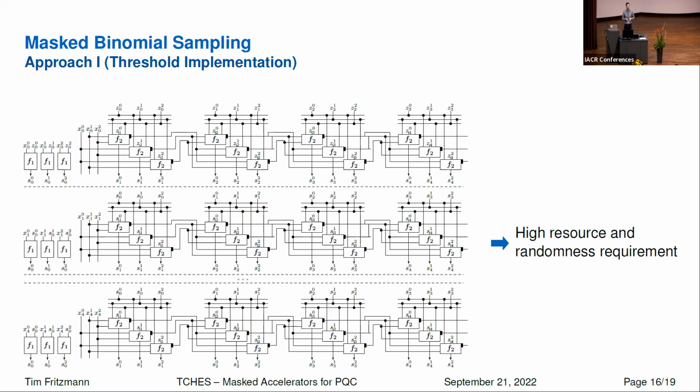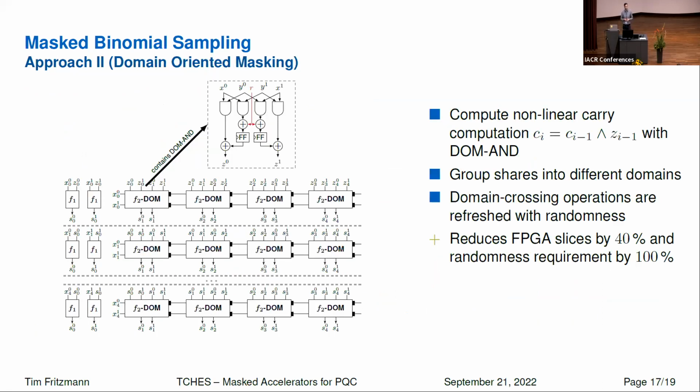Now, when we turn the previous adder tree into a threshold implementation, we can see that the circuit is already quite complex. And as you can imagine, this has quite high resource consumption and also randomness requirement. Therefore, we looked for an alternative approach based on the domain-oriented masking principles. And here, instead of 3 shares, we require only 2 shares in order to get a first-order secure implementation. And as you can also see in the slide, the circuit is not that complex, so we have much